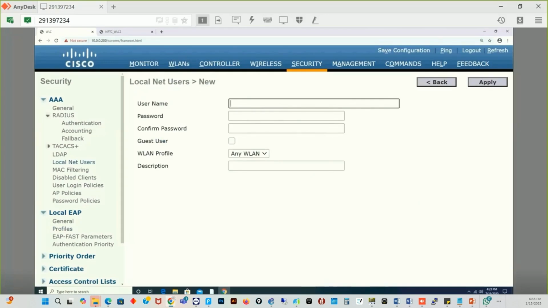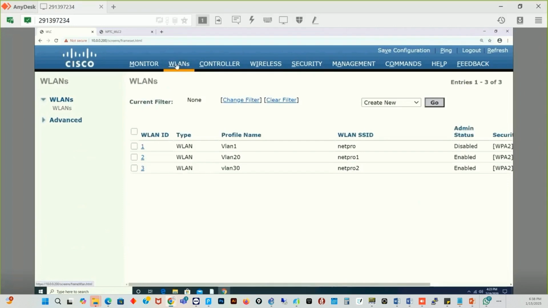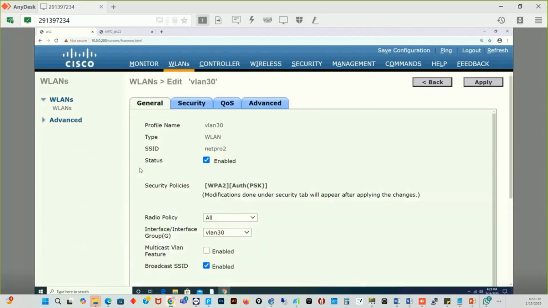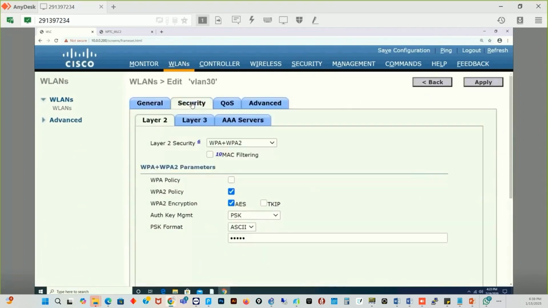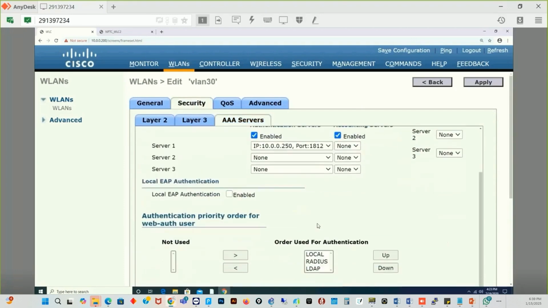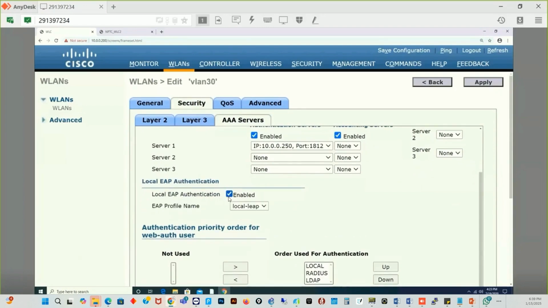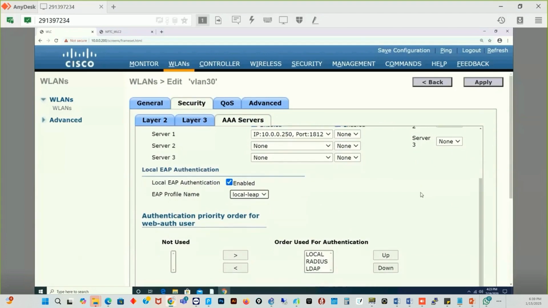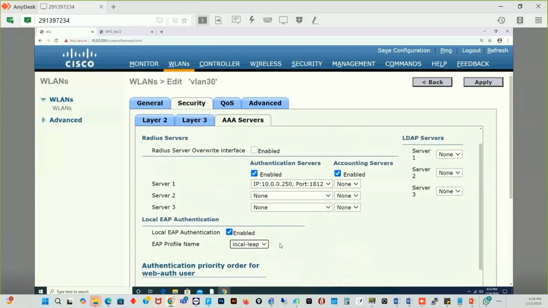But when you come to the wireless LAN over here, and you want to authenticate one of them for that purpose, what you have to do is choose local EAP authentication. When you choose local EAP authentication, you will see that what you've created is available. If it's available, then you click apply. You don't have to have both. This one I'm just doing for explanation purposes. So in that case, this will be none, because you can't have two